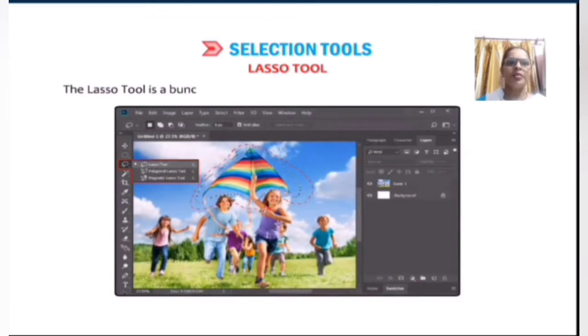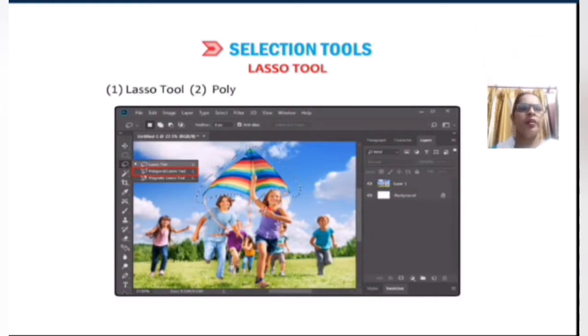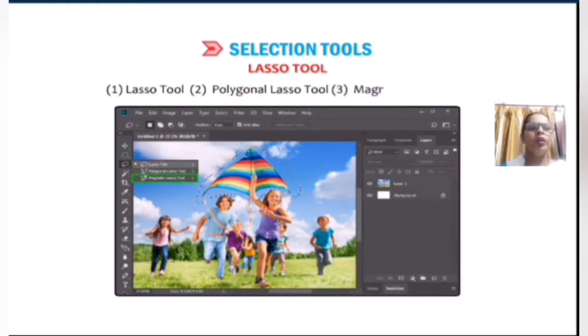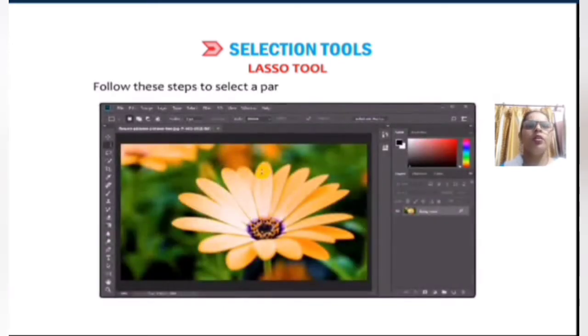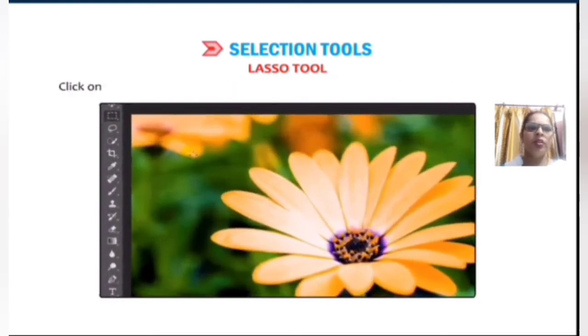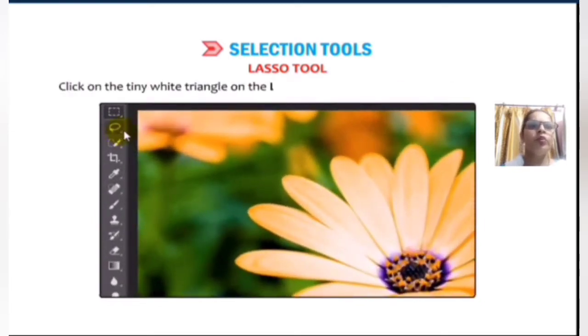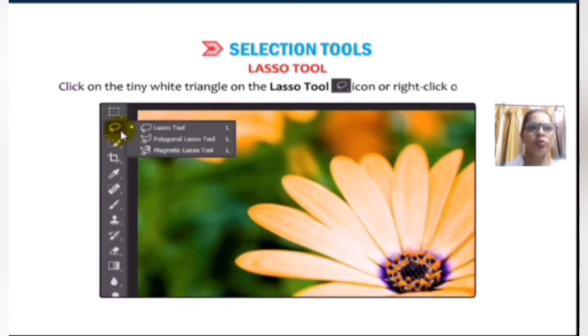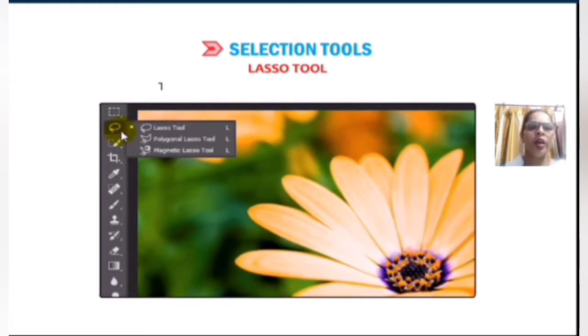Lasso tool. The lasso tool is a bunch of three very useful tools for freehand selection: the lasso tool, the polygon lasso tool, and the magnetic lasso tool. Follow these steps to select part of the image using the lasso tool. Open any image. Click on the tiny white triangle on the lasso tool icon, or right click on the icon.